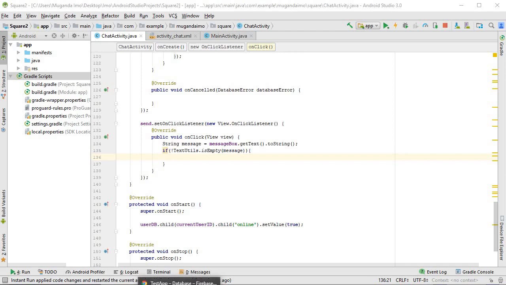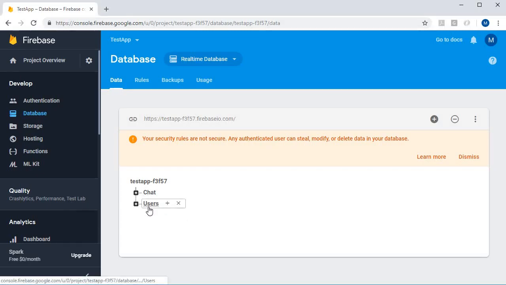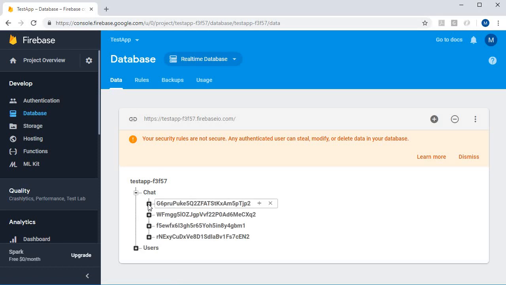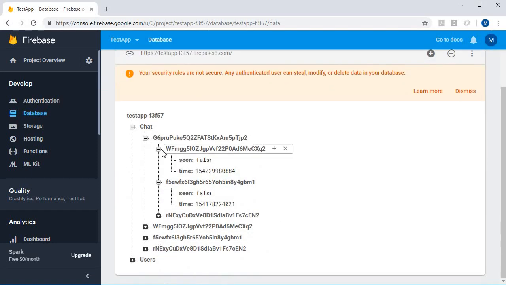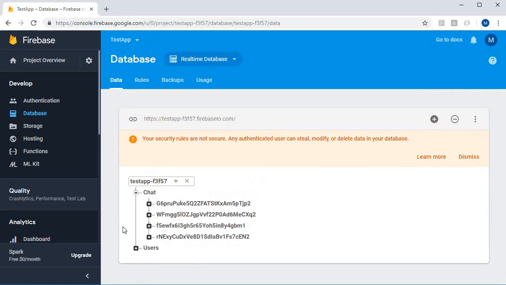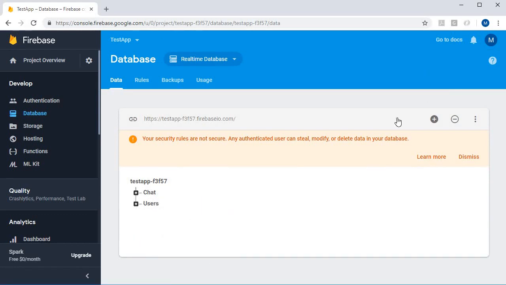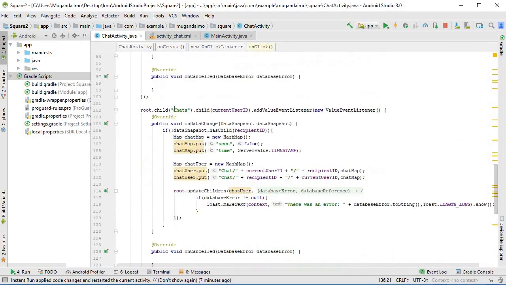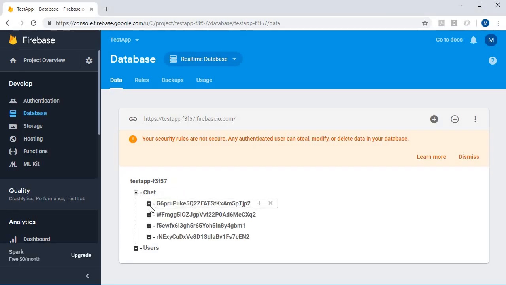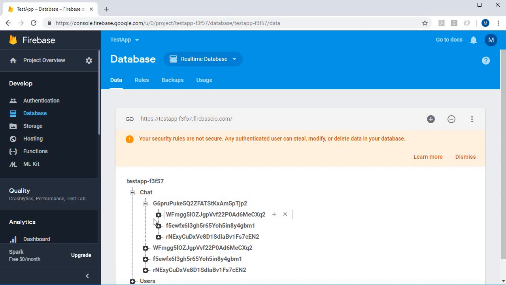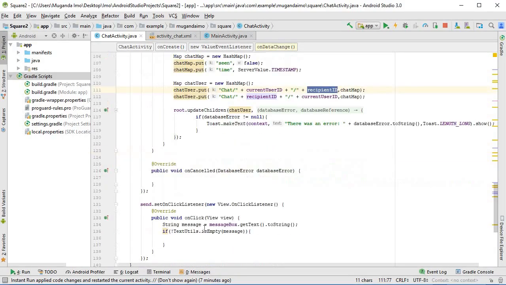Let's take a look at the database. So right now what we have is the chat and the users, and within the chat, all we're doing here is seeing whether two individuals have spoken before. So now we're going to create another one, and this one will hold the actual messages. So the first thing we can do is create the path just as we did before. Here, when we're working with the chats, we first created the path. For example, this chat followed by current user ID followed by recipient ID, which matches up to chat, the current user ID, the recipient ID. In this case, it will be